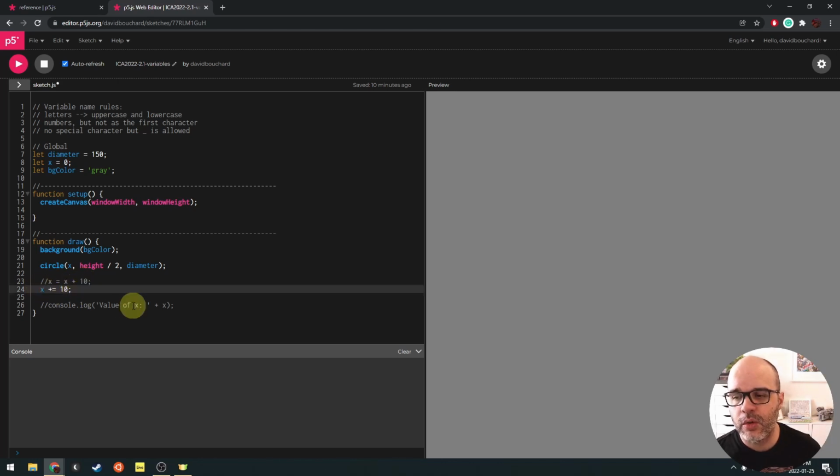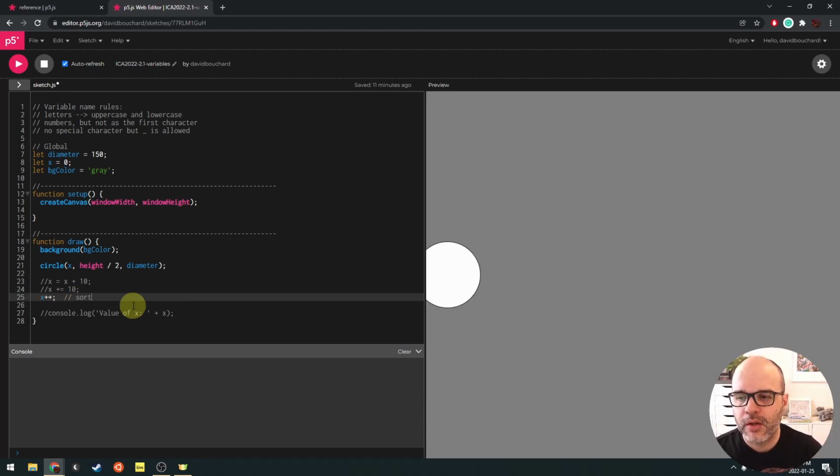So this is good to know. You might run into that. Feel free to use the more explicit version for now, but if you run into this syntax, you'll know that it's simply a shorthand for incrementing or decrementing, depending on if it's plus or minus, a particular variable. And then there's an even more condensed version of this, because adding to a variable is a very common operation when we're programming. We can also write x++, and x++ is shorthand for